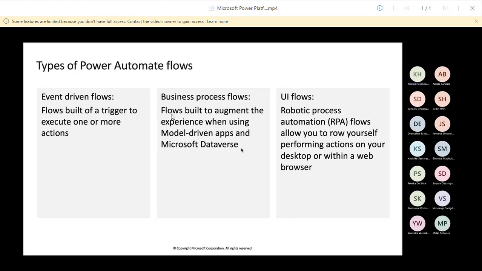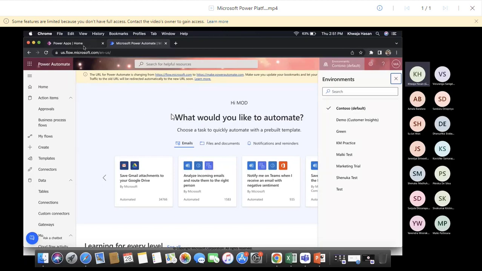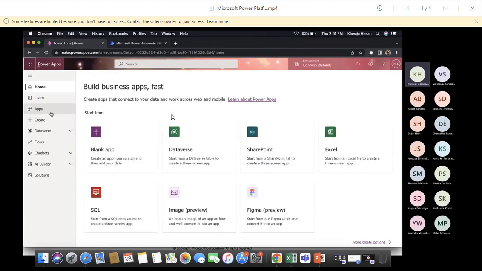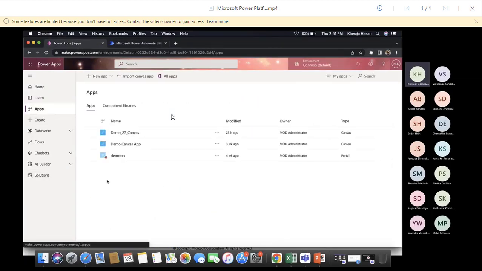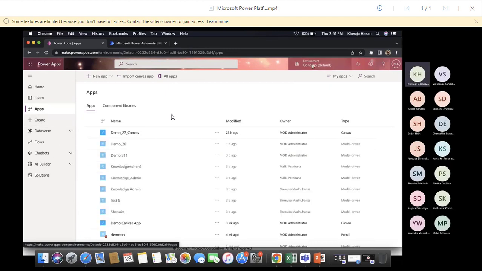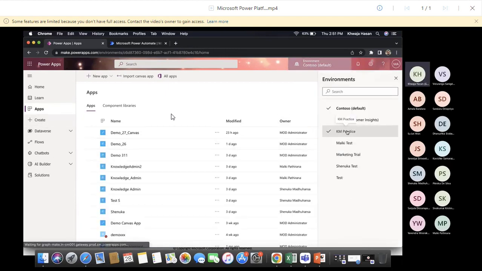Listen, can you please further elaborate on the business process flow with a real-time example? Yeah, sure. I can show you right away, but we have a complete module for this one. But since you have asked, let me just show you. Okay, so let's go to my